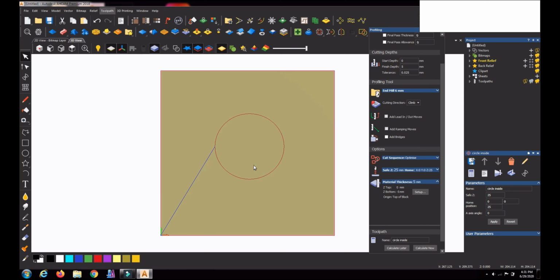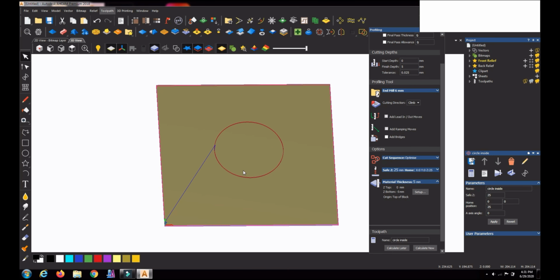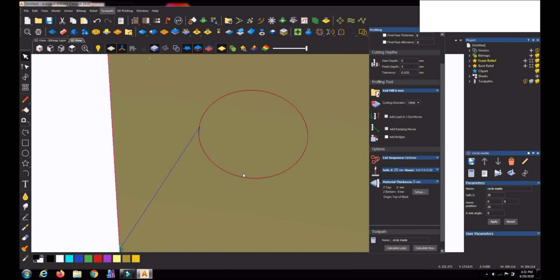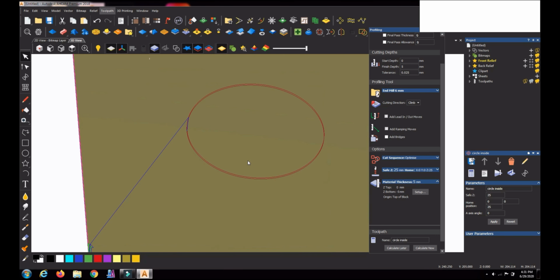I will go to 3D so that I can just move it like this and see it. This is the tool path. Okay, so now the tool has gone around and the material is cut now. So how can we see this? We can see this